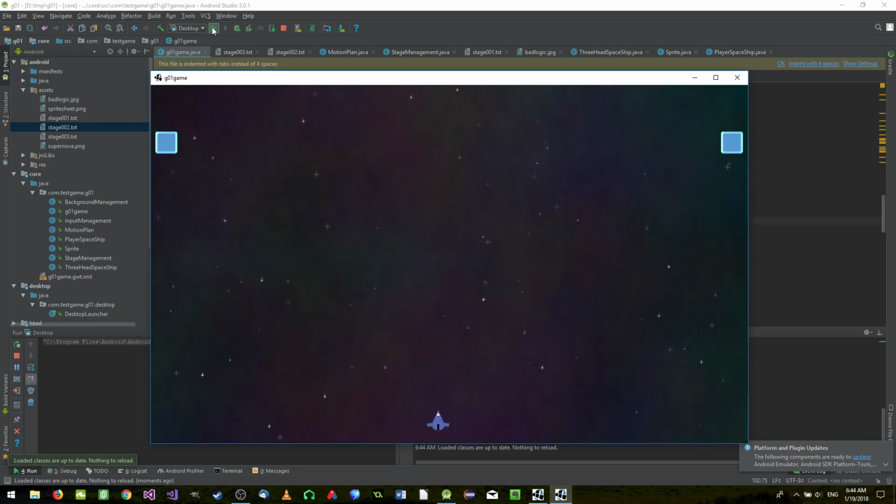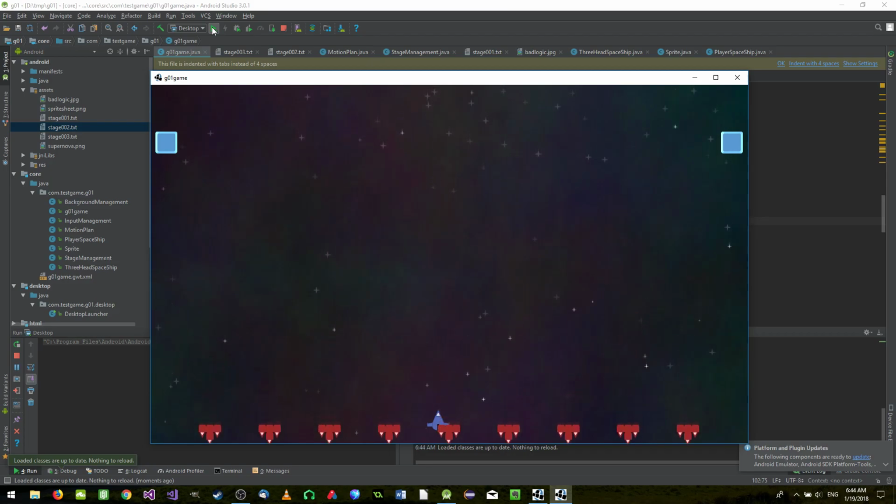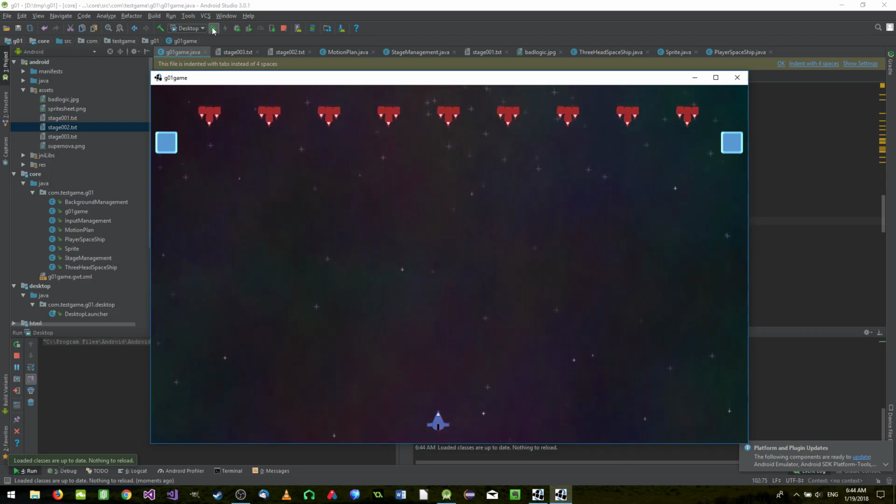Okay, so this is gonna be the first wave. Let's have a look. So this is the first wave. So it just went away. Now the second wave should all be activated at the same time. This is the second wave. This is the second file. Next, the third wave have a different, oh,